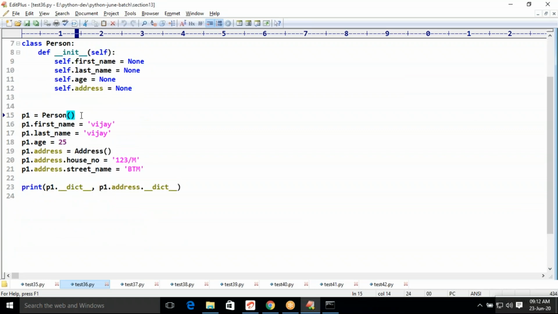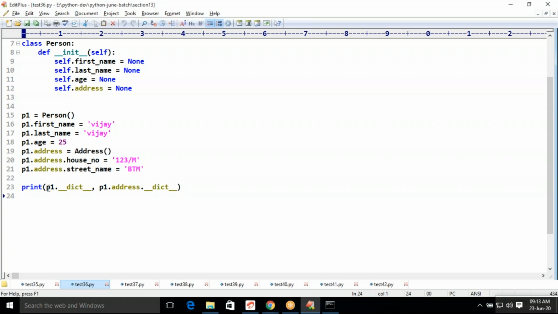Then define a person object. Assign a specific value to first name, last name, age, and address. Address is a type of another class, so define an object for it. Then inside the address object, specify something for the house number and the street name.